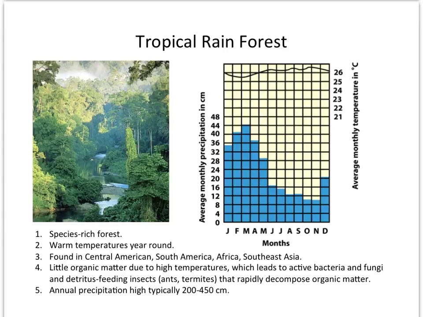You can see most of the year it's above 25 degrees Celsius, so you're going to have photosynthesis occur all year long. The soils themselves are going to have very little organic material, and that's due to the high temperatures. The microorganisms, the fungi that are in those soils are very active because the temperatures are very high. And so as a result, anything that falls to the floor is gobbled up by any of the organisms that may be living down there.